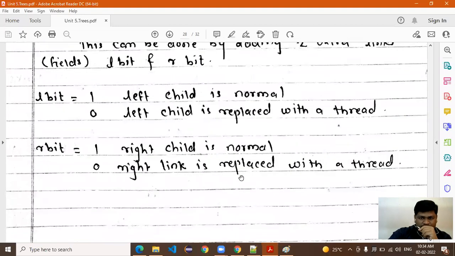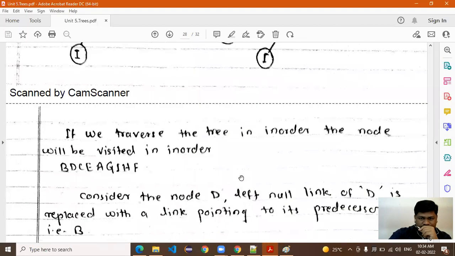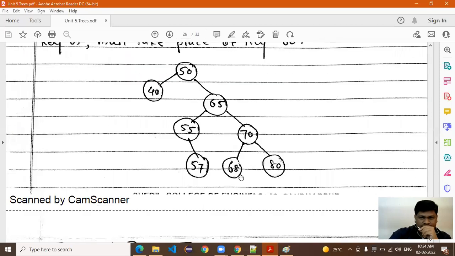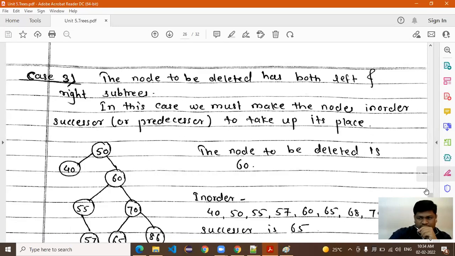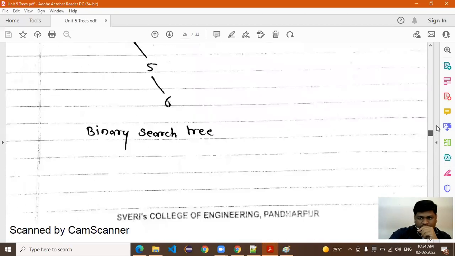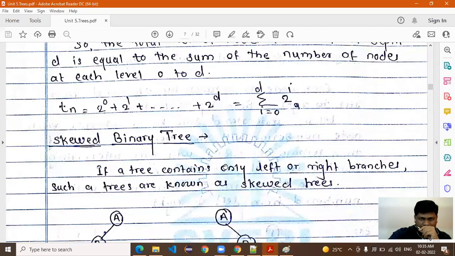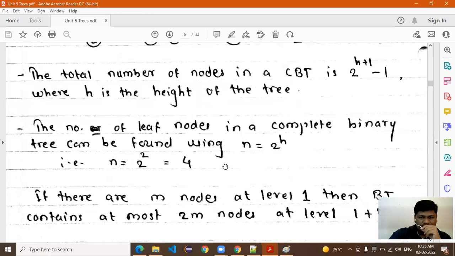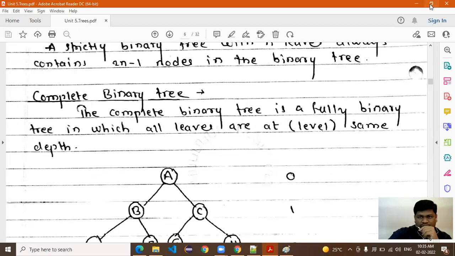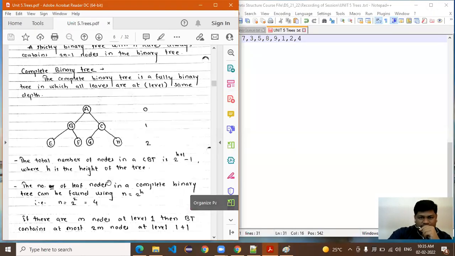So whatever examples are related to pre-order, post-order, and in-order, you need to complete all of them, and last one is the threaded binary tree. So these are the assignments for you. I will share these notes on the group. All of you complete this task and share it on the group.